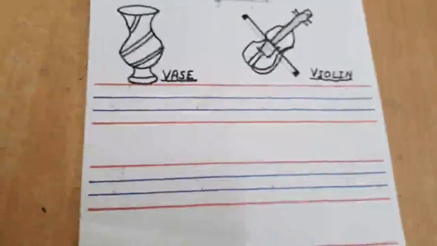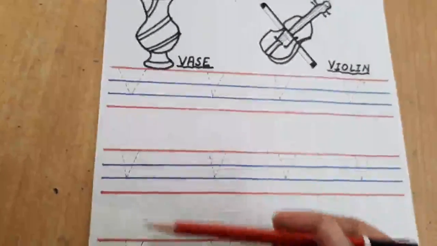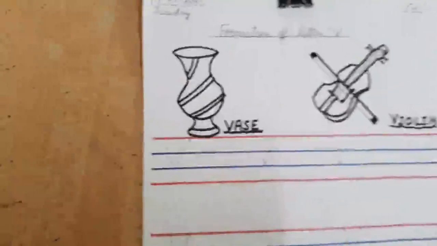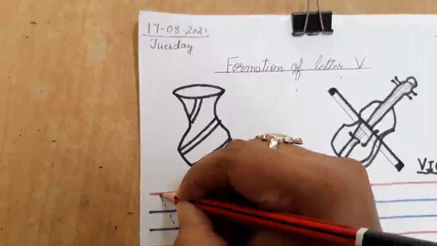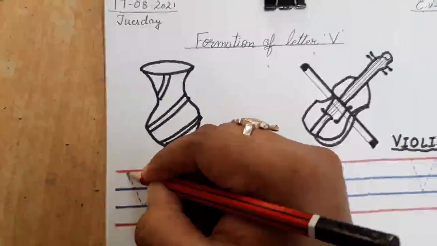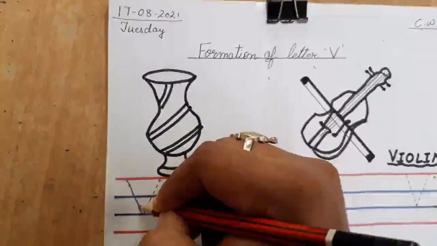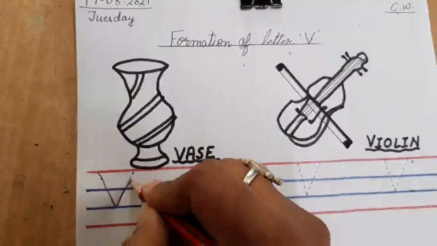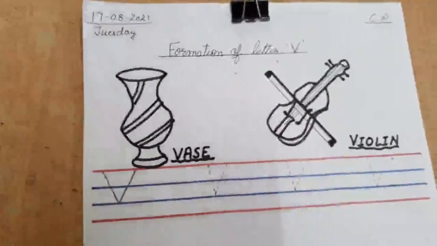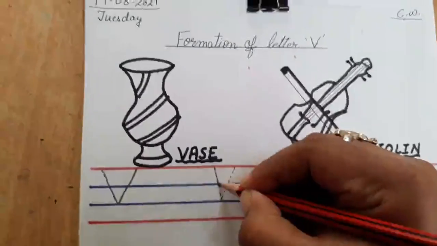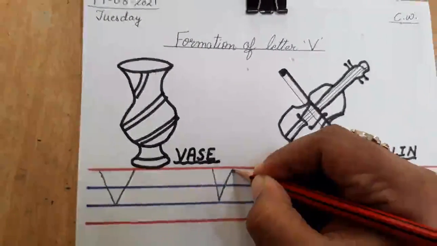So don't forget to color these pictures. Now after that, take help from your mama to draw these dotted lines, and then you are going to do this work like this in the notebook. So let's begin how to write it. You will begin it from here, as I told you. Slowly and slowly you will come down, follow the dots, come down, and from this point go back again. So this is your letter V. Let's trace it again. Come down, go back.